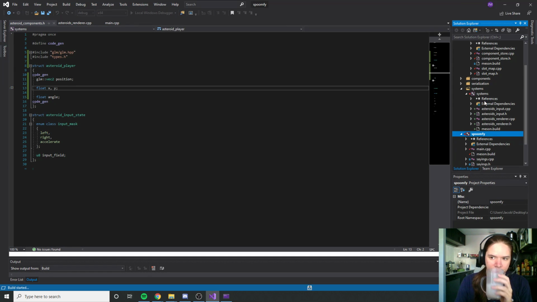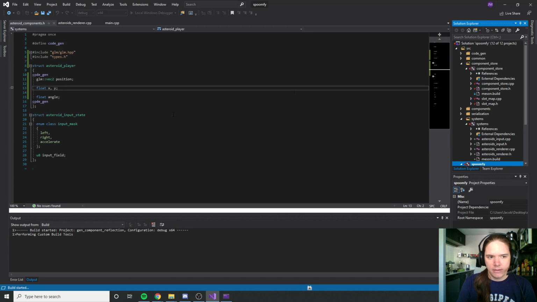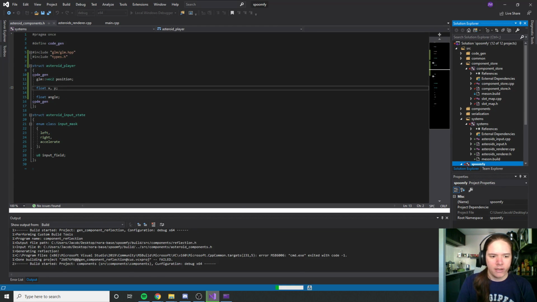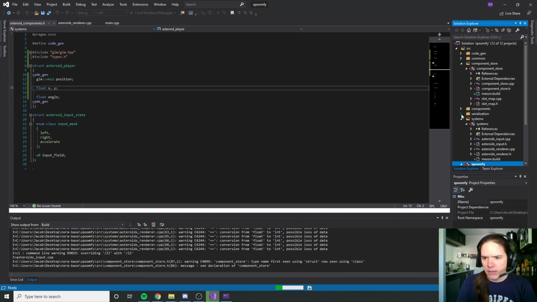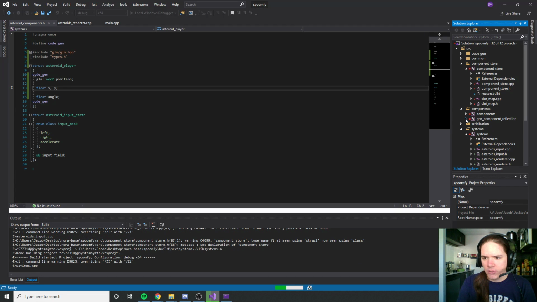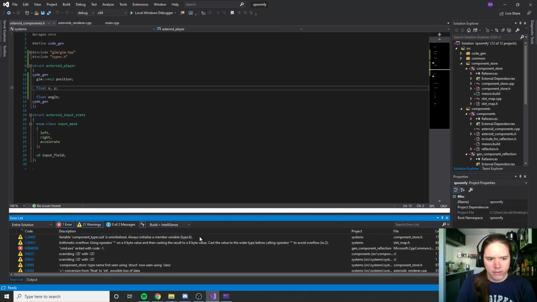Going to build it. So when we do a build action with the way this pipeline works, it's going to kick off this component reflection project, which is under this components, this gen component reflection, and then that's going to output into here. All right, we had an error. Command exit. Okay, so for whatever reason,